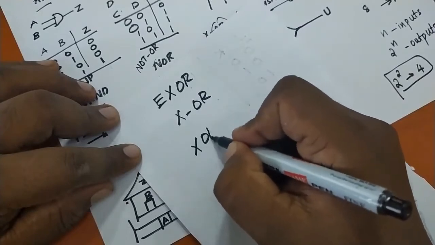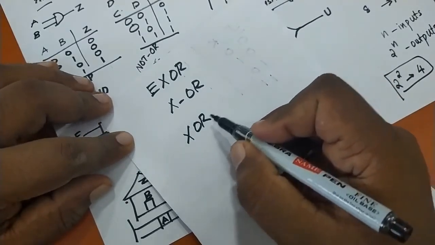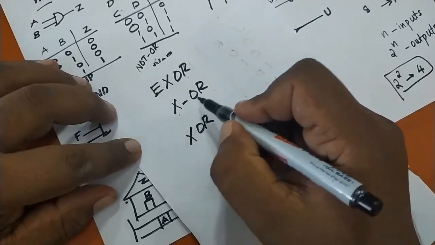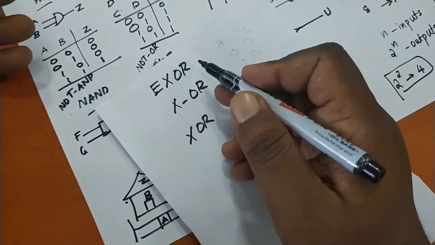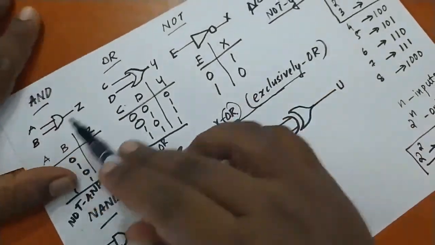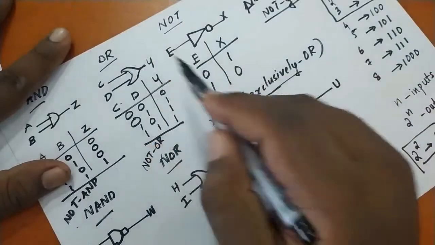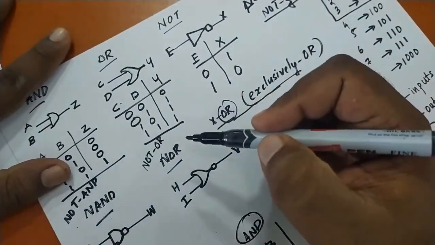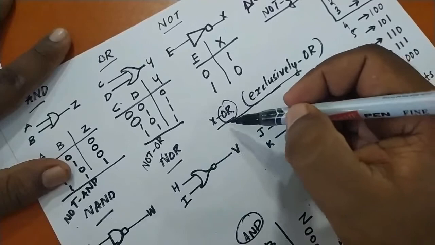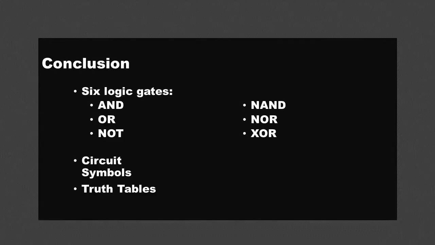Even if you write it like this, there is a tendency to go to XOR, but it has to be exclusive OR for you to remember how it's working, because we'll be discussing a lot of questions on these six gates and different combinations of these six gates. Very critical to know each gate by just the word. So to summarize our lesson today, we learned the six different logic gates and the symbols of AND, OR, NOT, NAND, NOR and XOR, and we tried to fill up the